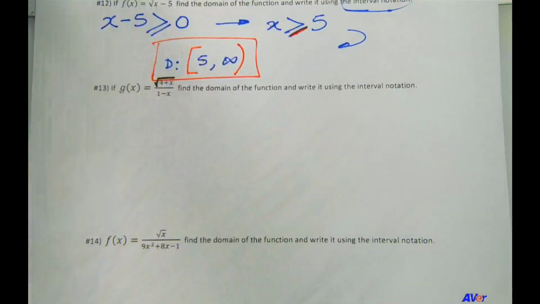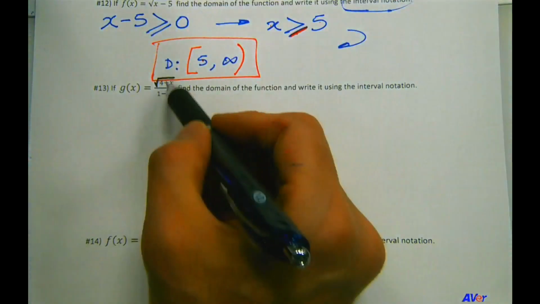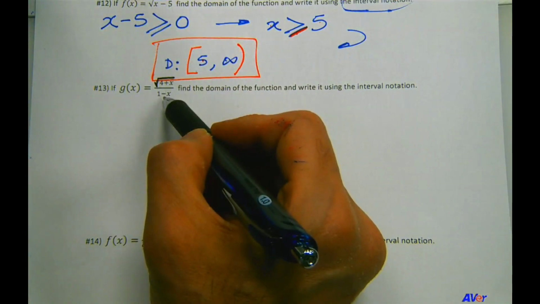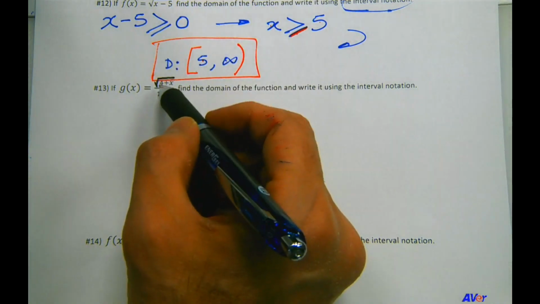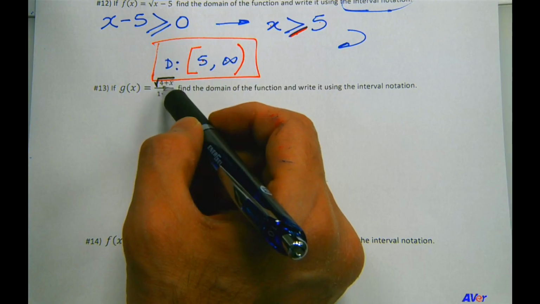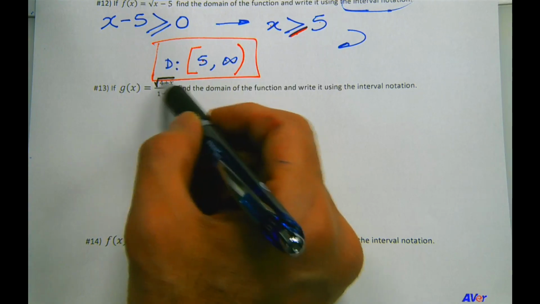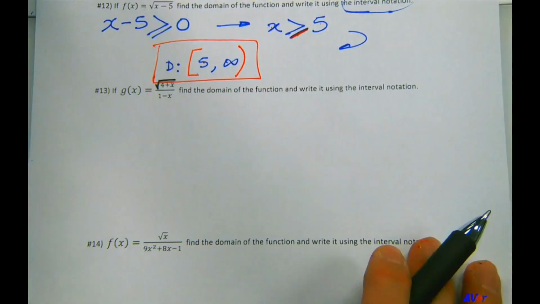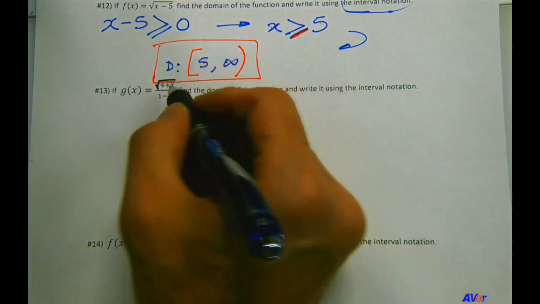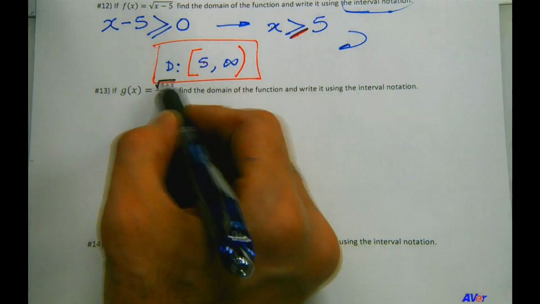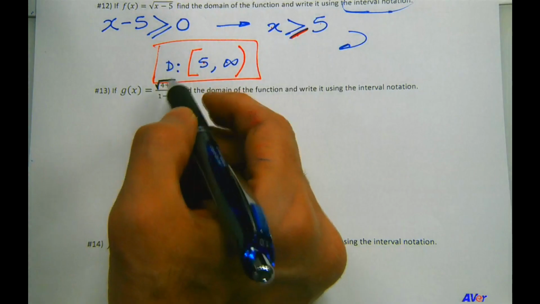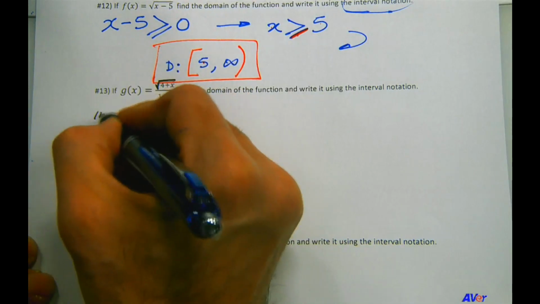Okay? Here, both the numerator and the denominator are special cases. I mean, you have to consider where the domain is restricted for the numerator and for the denominator. So if we look for restrictions in the numerator, let me write that down. In the numerator,